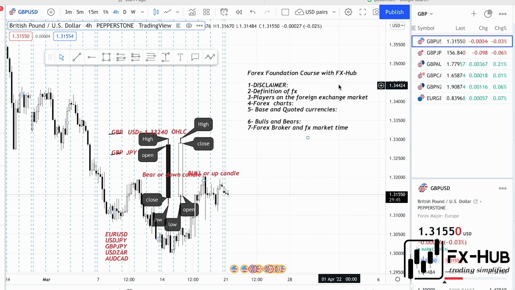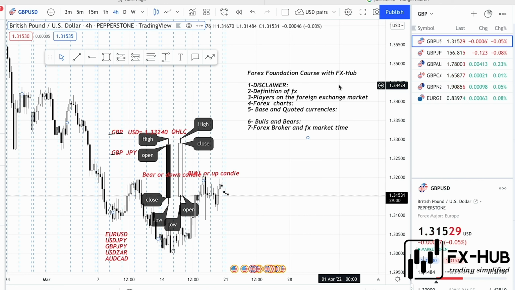Remember the last time we spoke about the bulls and the bears? Well, we said the bulls invest in the growth of a currency pair by profiting from the rise, and the bears profit from selling the pair. And we said something about the bull candle on the candlestick chart: that the bull candle opens close to the low and closes around the high, and the bear candle opens around the high and closes somewhere around the low. Now these two names, whether the bulls or the bears, neither of them connotes pessimism or optimism. Every trader's goal is to profit regardless of the direction of his or her position.